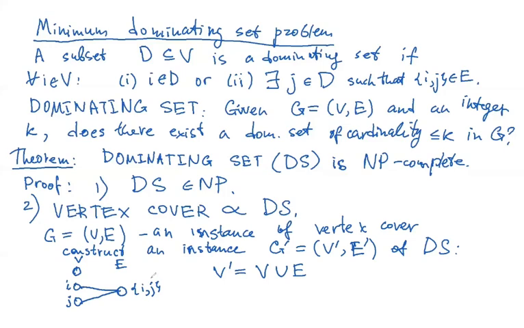And we need to show that a dominating set in G prime will correspond to a vertex cover in the graph G. So let's first define this set E prime. So E prime is going to be the set of edges in the following form. So we'll have i and let's call it K, let's say, will be the vertex that corresponds to an edge in the graph G,